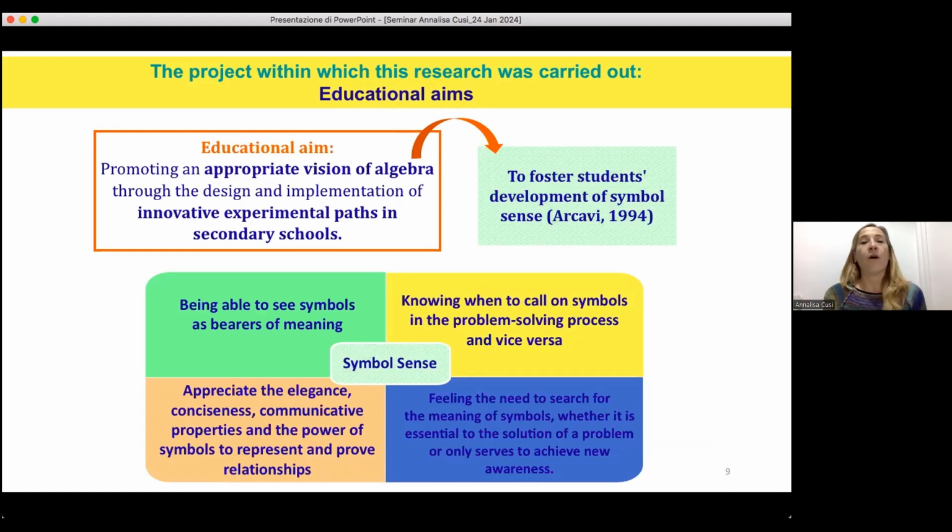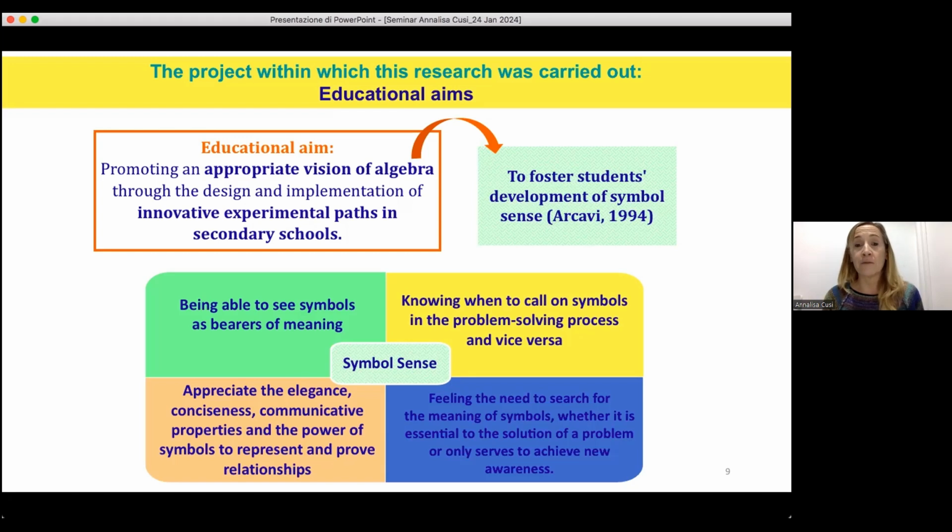And so the aim of the research that I conducted in my PhD was to promote a different but appropriate vision of algebra. And when I use the word appropriate, I refer to the idea of symbol sense, Arcavi's ideas of symbol sense. Symbol sense as being able to see symbols as bearers of meaning, knowing when to call on symbols in problem-solving